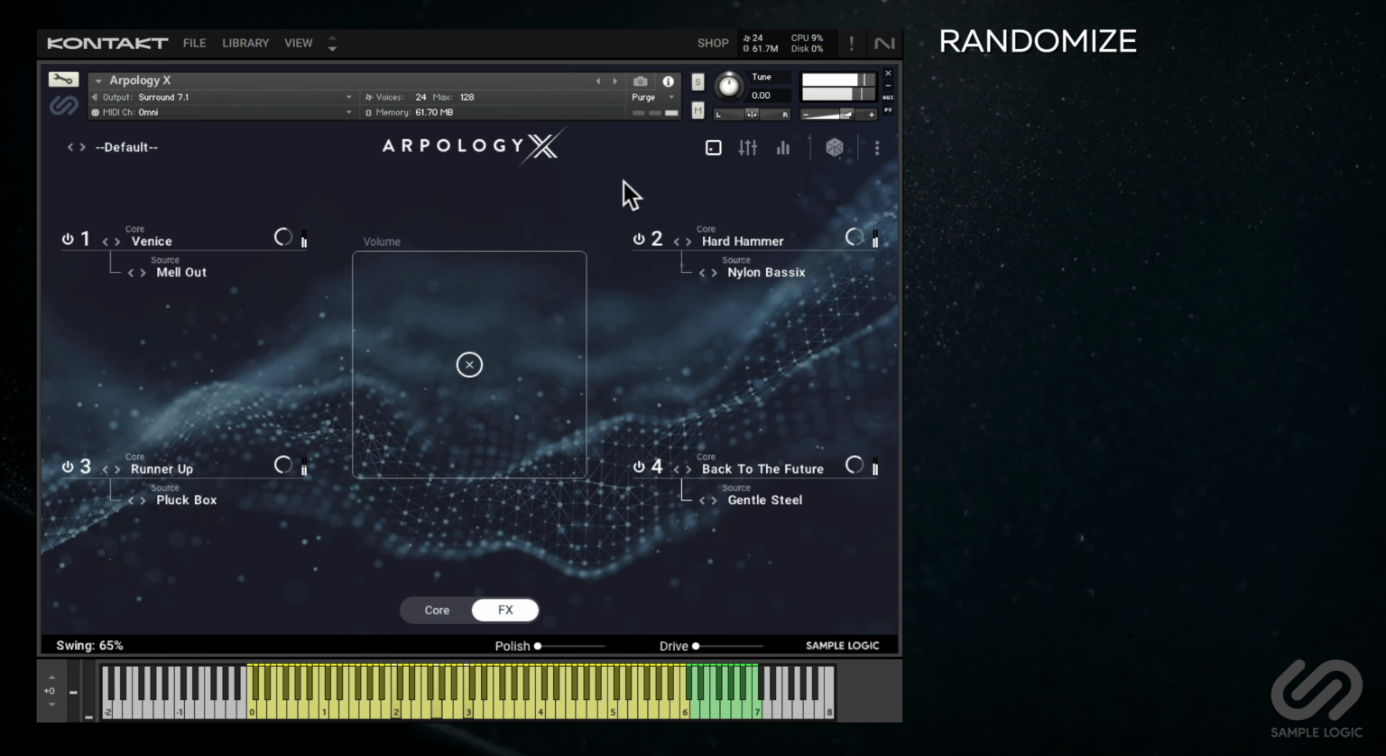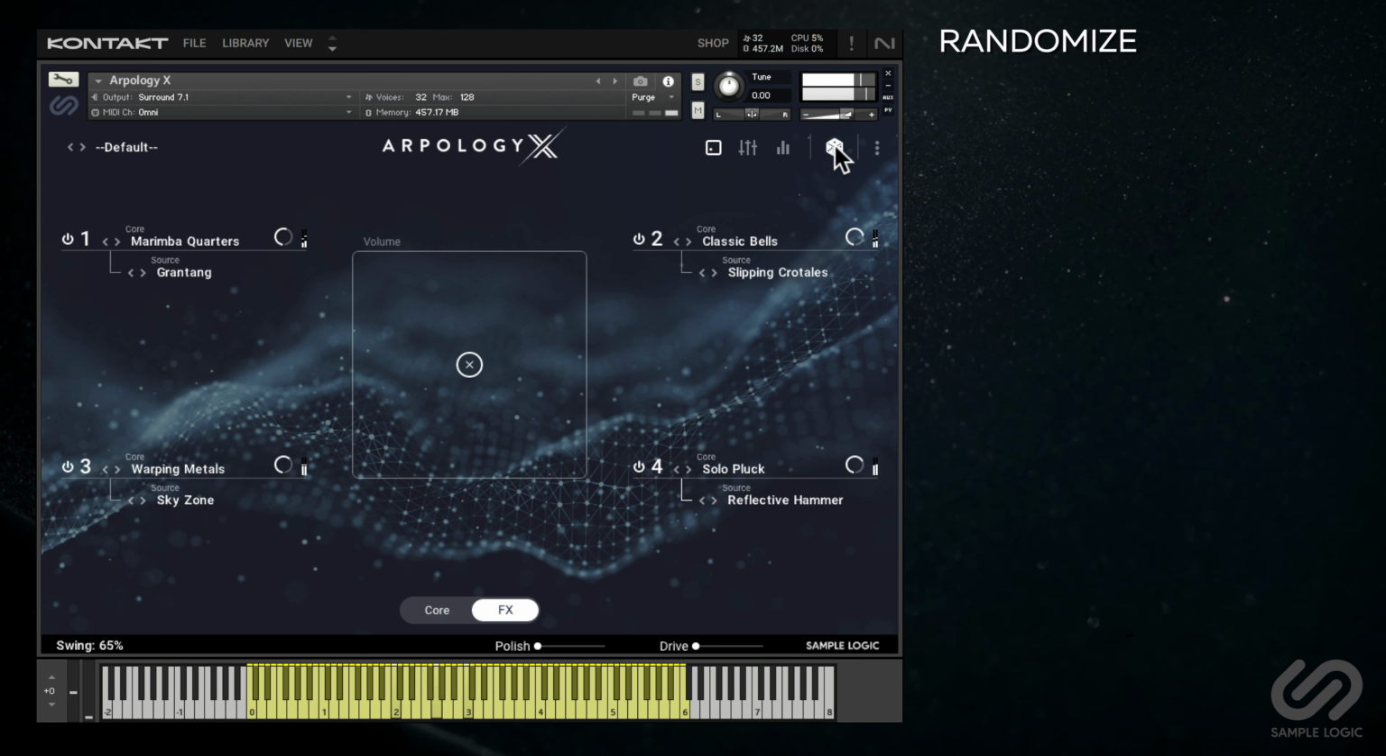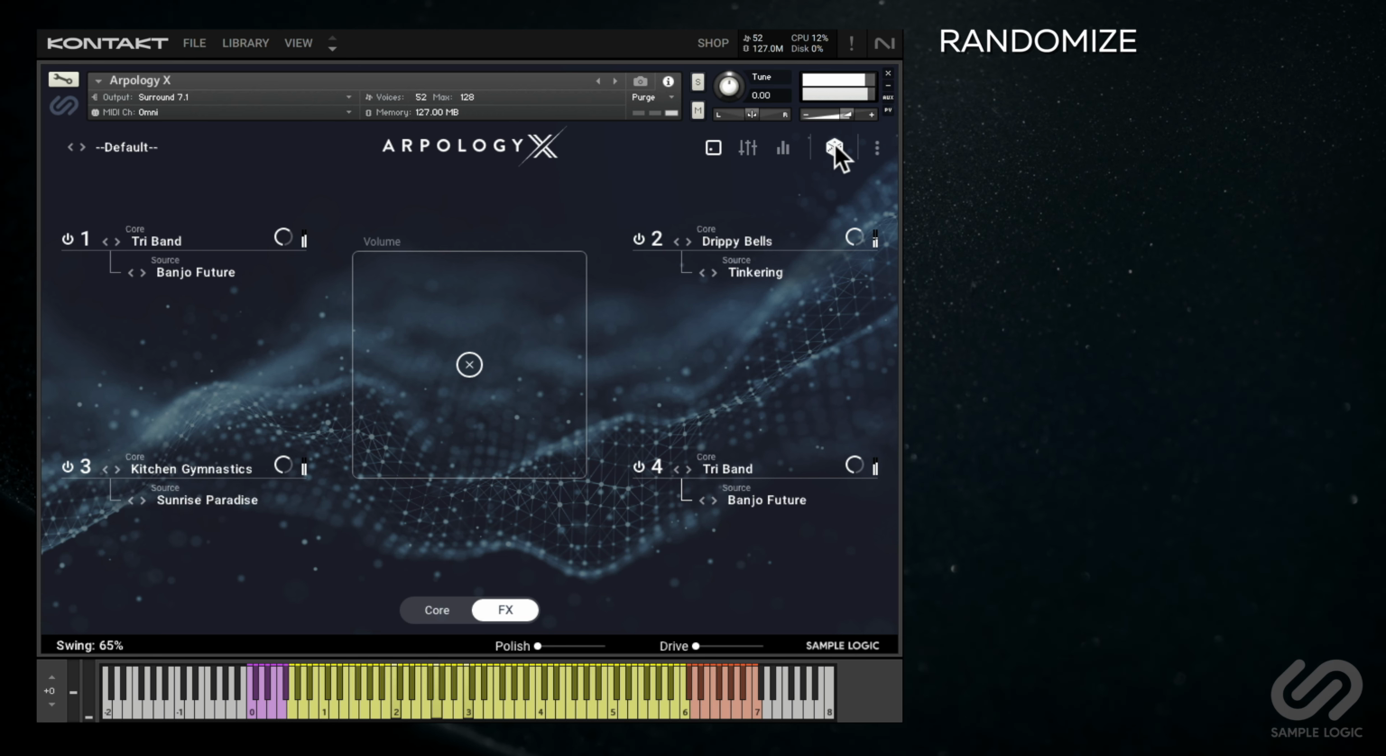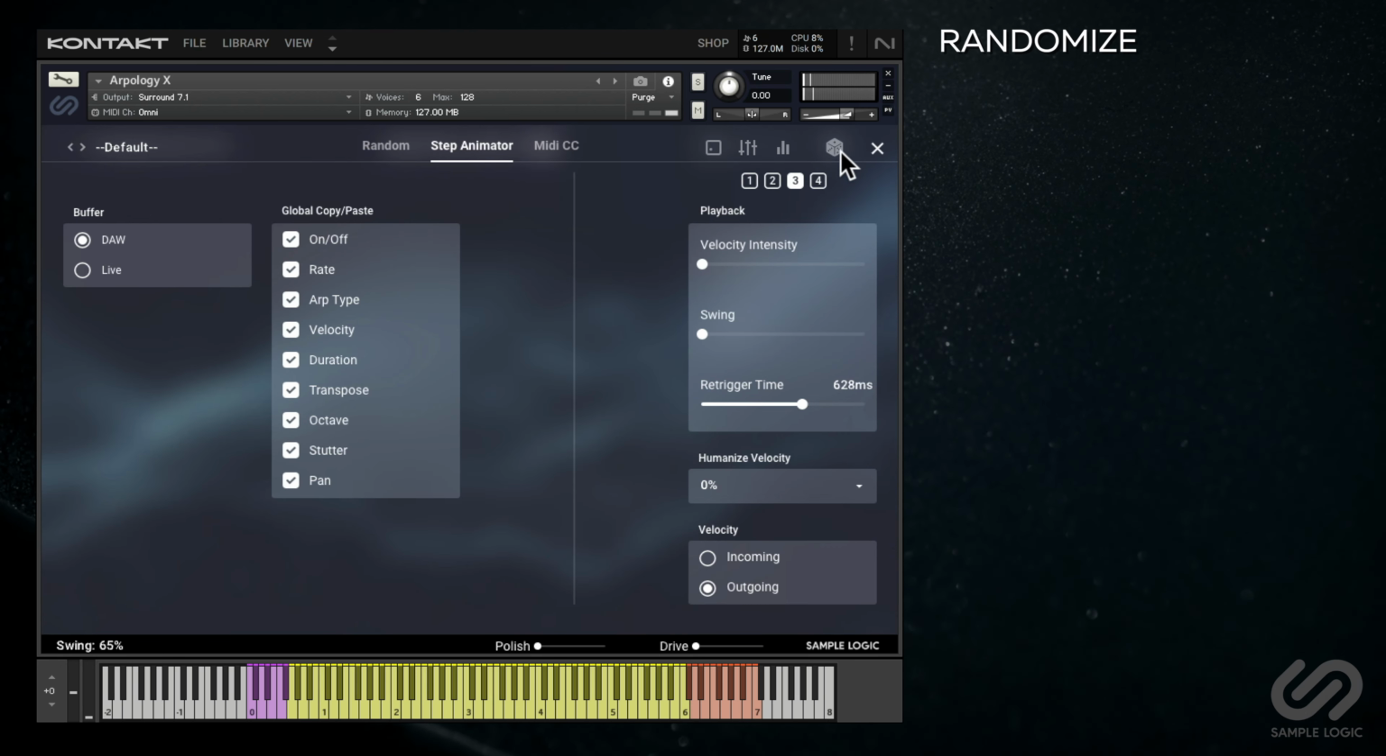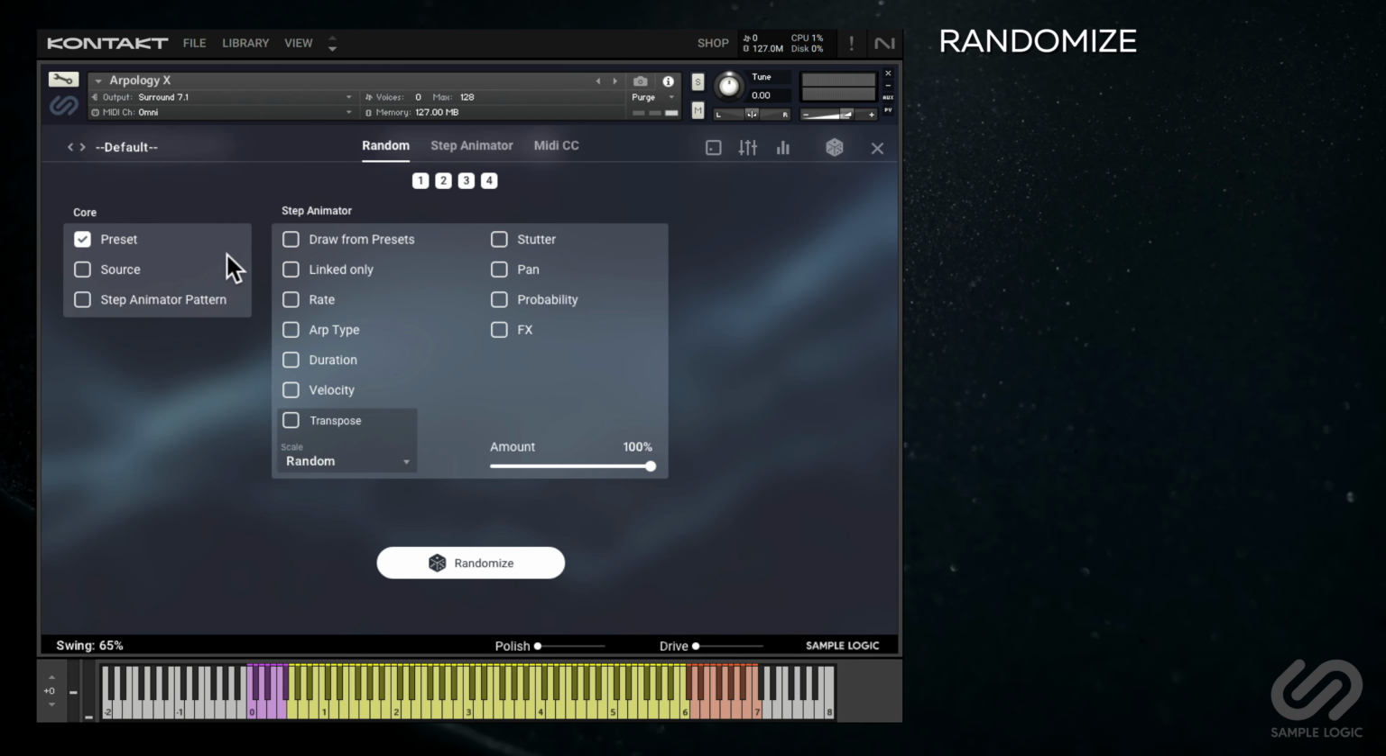Let's finish up by walking through the flexible randomization options. Almost any of the various sounds and parameters that I've talked about up to this point can be randomized using the dice just here. Click into the settings menu and random to choose the elements you want to randomize, either from the core menu or step animation specifics. This randomization feature really is inspirational, from helping to choose sound sources